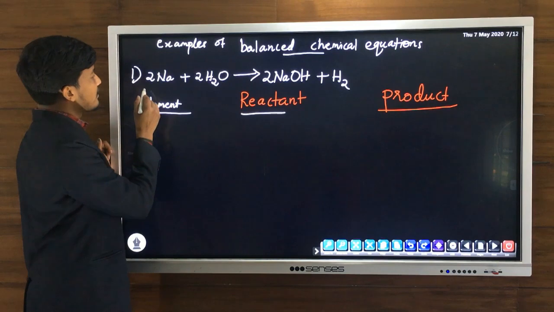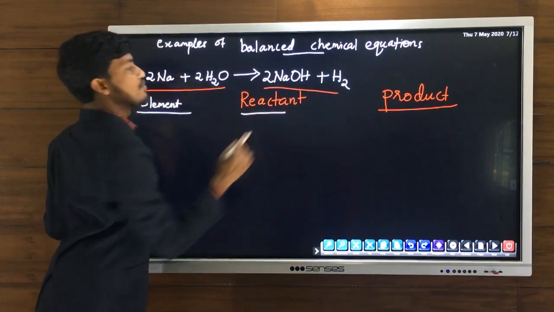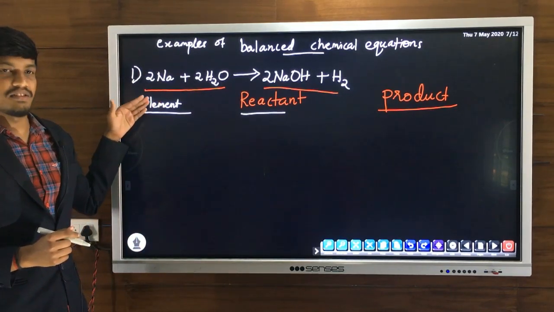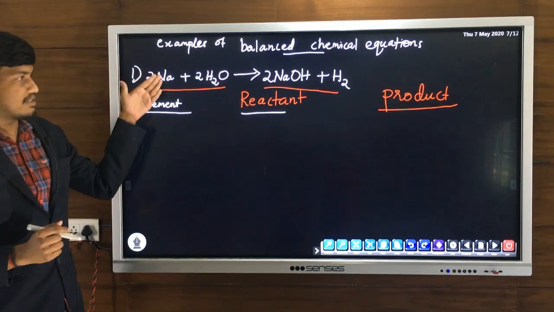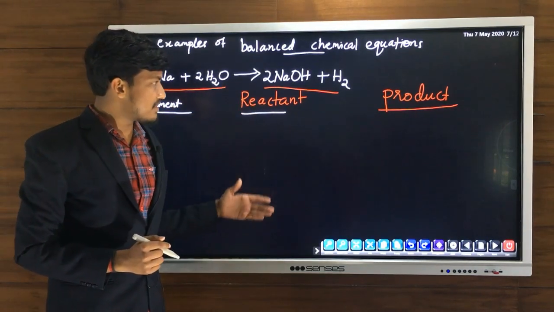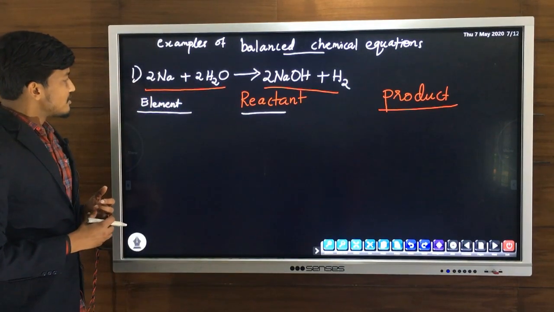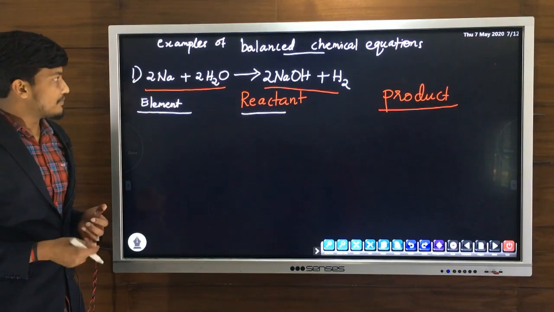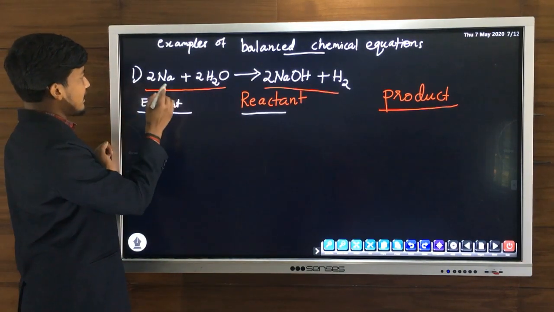So this reaction, in this case we have two reactants and two products. So we can write like this, element. Under this we will write all the elements, all the different atoms present in this equation. Then we will count the number of each atom on the reactant side and also the number of each atom on the product side. So for that, first of all we will find out which are the different elements present in this equation. So first of all we will consider the reactant side.